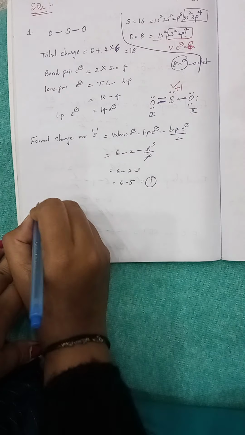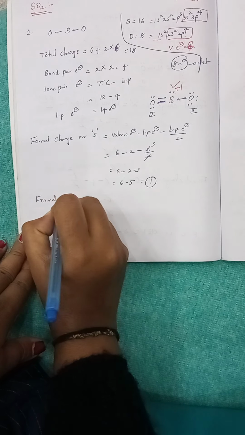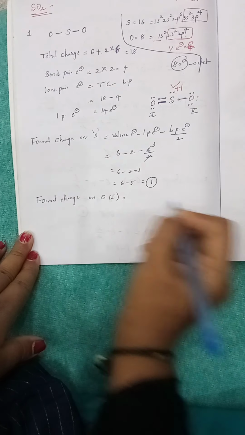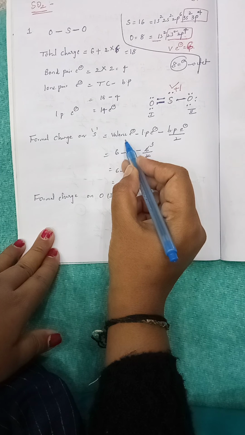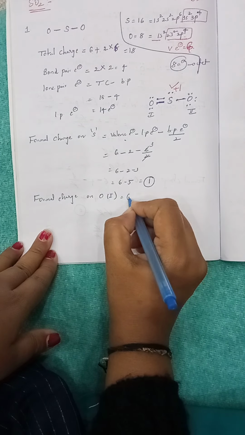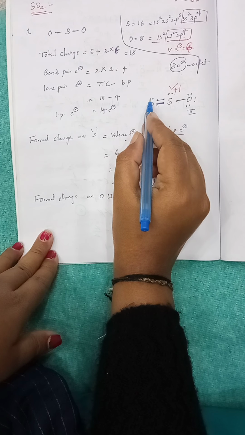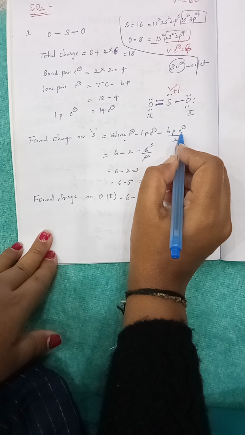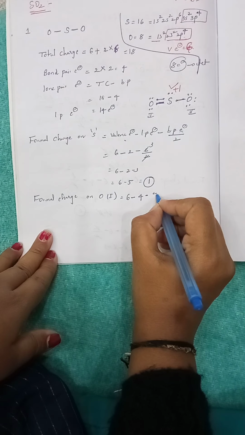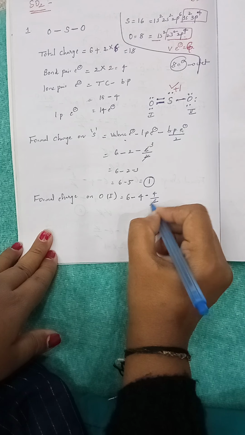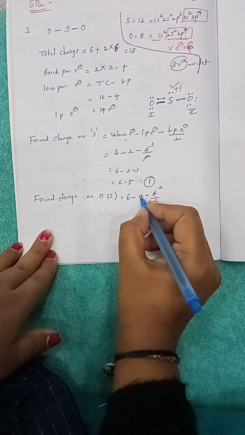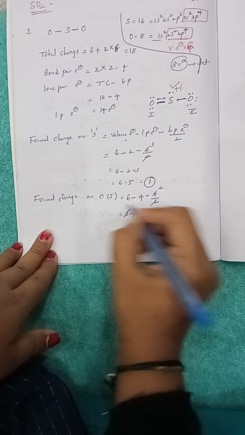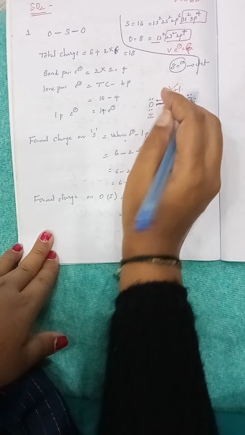Okay, next. Calculate the formal charge on the first oxygen. Same formula: valence electrons. How many valence electrons are present in oxygen? 6, minus lone pair electrons, 1, 2, 3, 4, 4 lone pair electrons, minus bond pair electrons, 1, 2, 3, 4, 4 bond pair electrons, by 2. 4 by 2 is 2. So 6 minus 4 minus 2, minus 6, plus 6 cancel, 0. The formal charge on the first oxygen is 0.